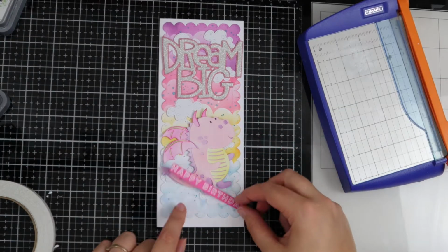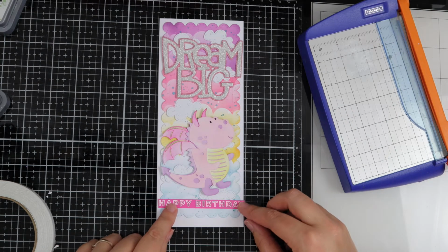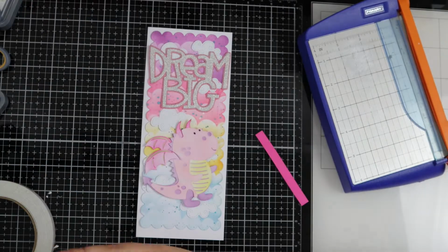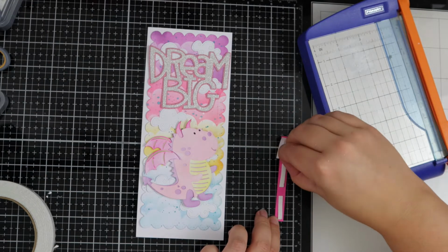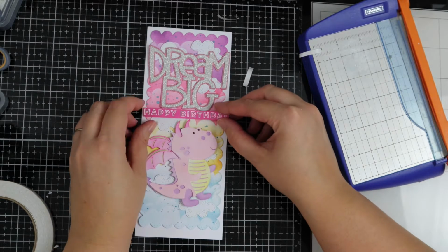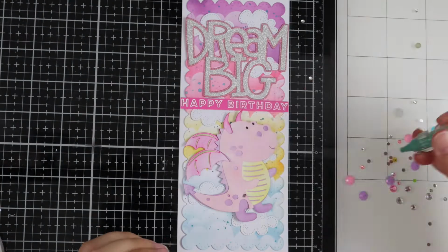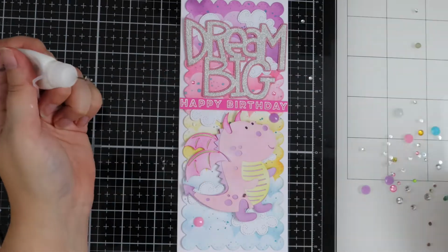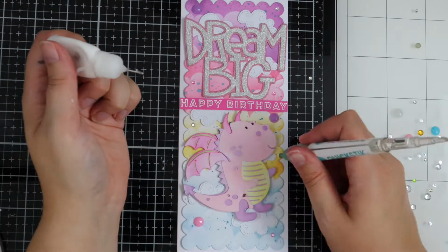So I'm going to trim this down and then adhere it to my card. I'm just deciding where to place it at the minute, but then I decided it probably looked better under the Dream Big die. So I'm just adding some foam pads to the back of this, and then I'm going to adhere that down. And then I was going to leave the card as it is, but nope, I had to add some more things. So I've just got some little gems, and I'm just adhering these down with some PVA glue,